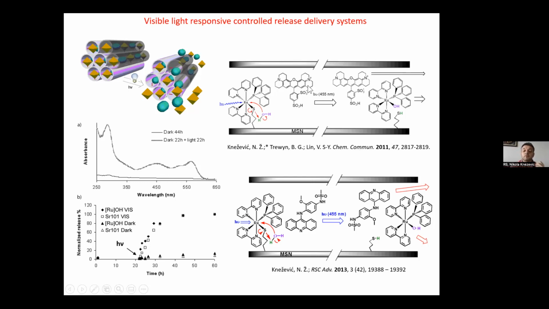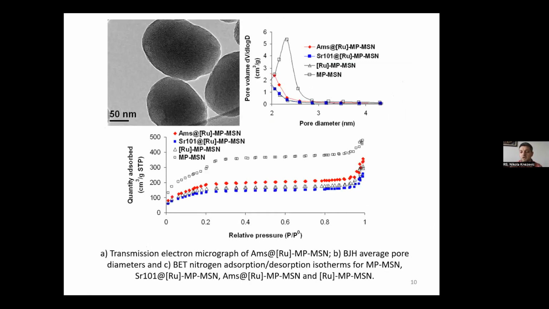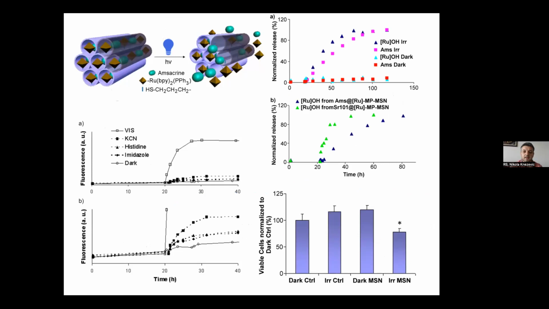And then also we measured the dye separately, because the dye gives about 580 nanometers absorbance. So we can measure the kinetics after exposure to blue light, and both species have the same kinetics in this case. And we also, as you can see here, the pores are being blocked after adding the ruthenium complex, etc. And then also we measured the release of amsacrine. This one had slower kinetics in this case, because the amsacrine is shielding a bit, because it actually absorbs this